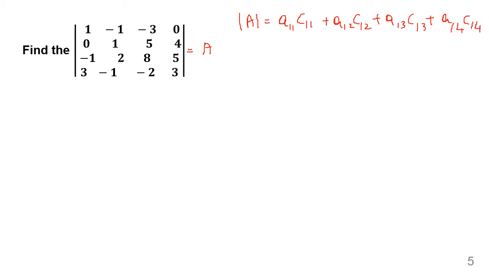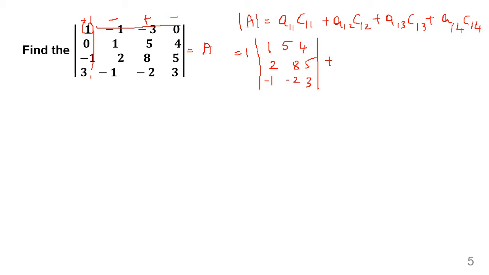We'll write it as, so first element is going to have positive symbol, minus, plus and minus. So A11 is this particular term, so which is equal to 1 into, we are going to eliminate this column and this column, and we are going to write C11 as 1, 5, 4, 2, 8, 5, minus 1, minus 2 and 3,